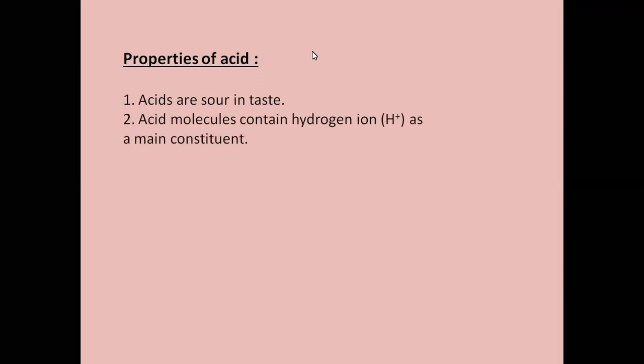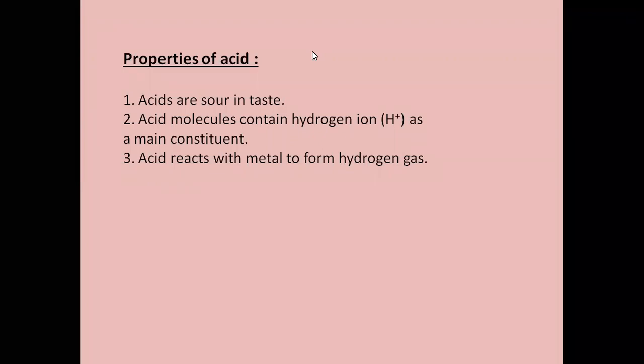Under properties of acids, one thing we already know is that acids are sour in taste. We also know, from the definition or from the reaction which we have conducted, that acids contain the H plus ion as the main constituent. And we have to remember one thing, acids react with metals to form hydrogen gas. This is the reaction which you're just studying theoretically now. In the next academic year, you're also going to study chemical reactions, and you'll get a chance to perform these reactions. Acids react with metals. For example, the metal can be anything like magnesium, aluminium, calcium. They react with hydrochloric acid to liberate hydrogen gas.